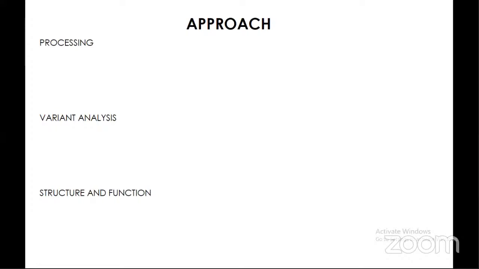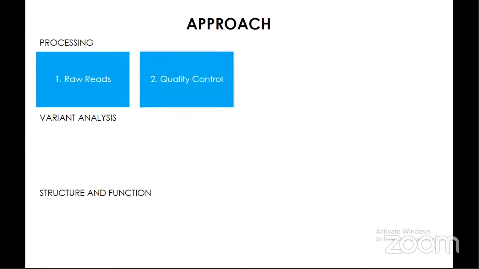The approach in detail is split into three parts. So we have the processing, the analysis, and the structure and function. For processing, we will take raw read sequence data, run the data through quality checks, perform multiple sequence alignment with the